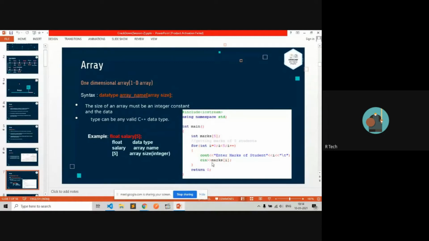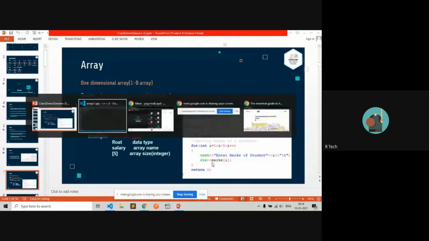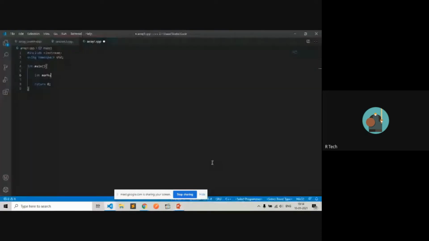So let's try to build a program. Teacher marks as an array. We will use only 5 elements. For, it will provide me the syntax of a for loop. Integer i, then the count of elements, 5. The index of an array always starts from 0. Index always starts from 0.